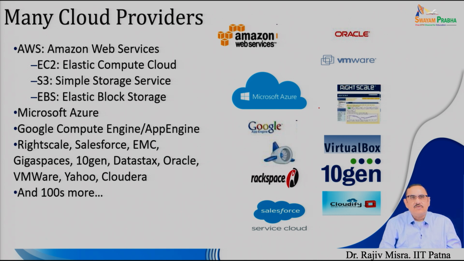Now, Amazon Web Service provides its cloud services in 3 different types of flavors. The first one is called Elastic Compute Cloud, EC2, which is nothing but a compute resource service where VMs are being given to the users. The second important service which AWS provides is called Simple Storage Service, S3, an object storage service. The third important thing is EBS, Elastic Block Storage. With the virtual machine, that is EC2 instances, it requires Elastic Block Storage. So, there are 3 different types of service.